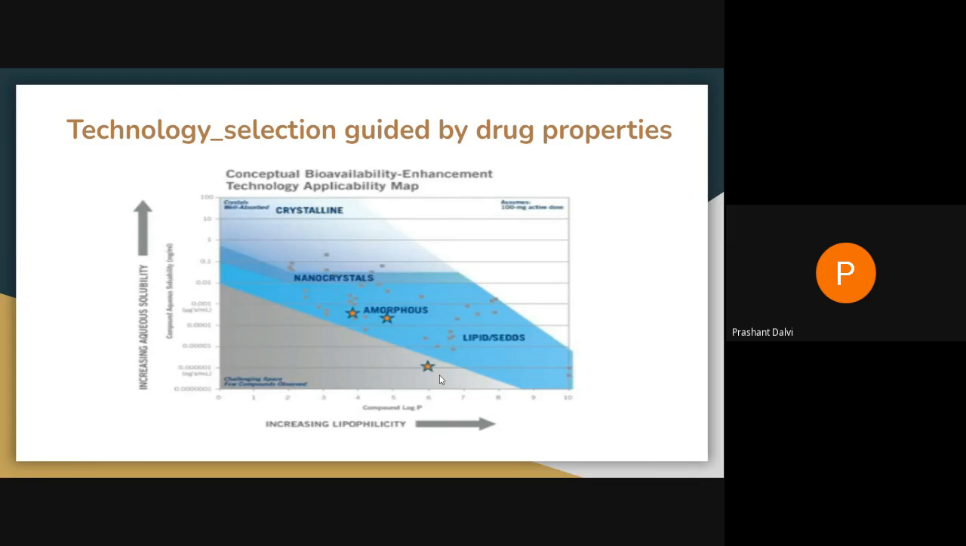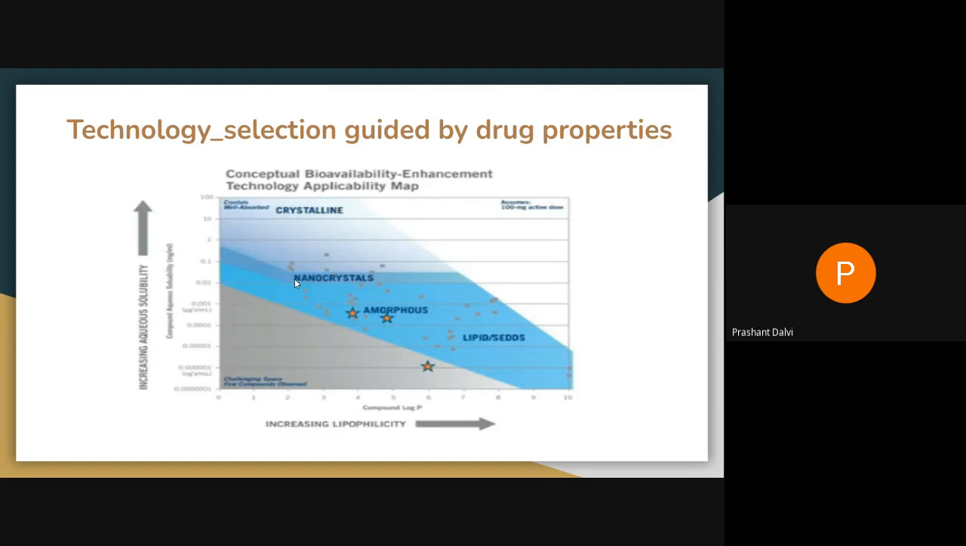If you plot the graph by taking the log P value on the x-axis and the aqueous solubility of the drug compound in mg per mL, you will get this type of spectrum. So what does it indicate? If your drug compounds have more solubility, you can formulate them into crystalline forms, because there is no solubility problem. But if your compounds have slightly less solubility, then the absorption or viability of the drug can be enhanced